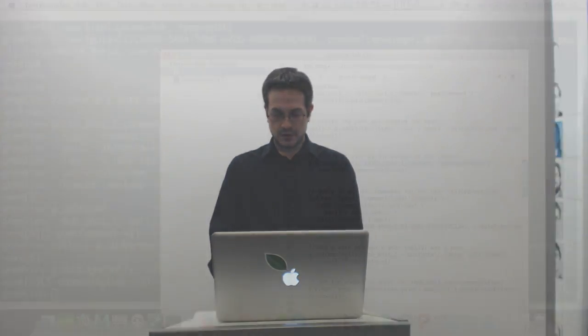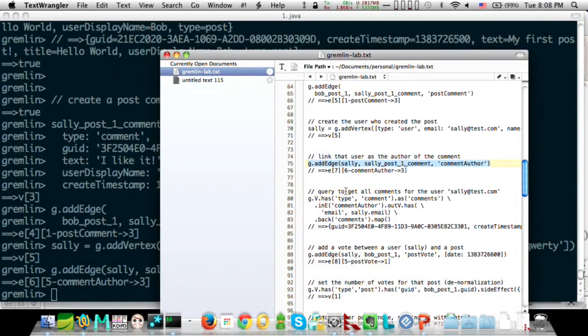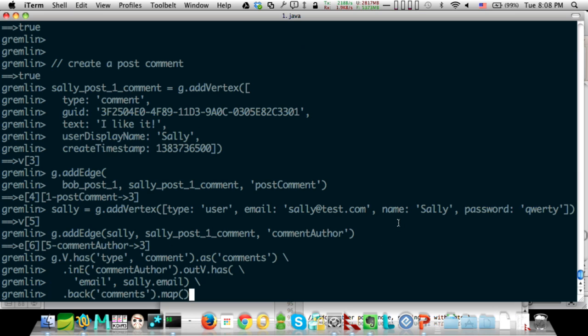All right, let's query them to get all the comments for the user Sally, and we'll examine this one a little bit. Okay, so here we're starting with all the vertices of type comment. What you'll notice here is we don't see commands like g.users or g.comments, right? In this notion, there's no notion of tables or collections inside my graph.